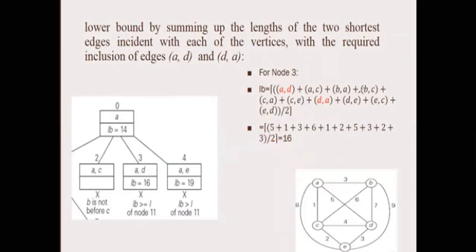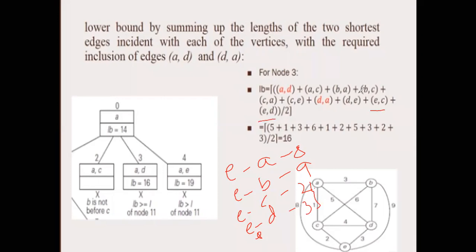So for E, write down everything and take which is a minimum. So E to A, E to B, E to C, E to D. E to A, what is the distance? The distance is 8. E to B, what is the distance? The distance is 9. E to C, what is the distance? It is 2. E to D, what is the distance? It is 3. Minimum, because we are not moving from A to E, correct? So just consider the one which is minimum. So E to C and E to D, correct? So 2 and 3. So divide by 2.